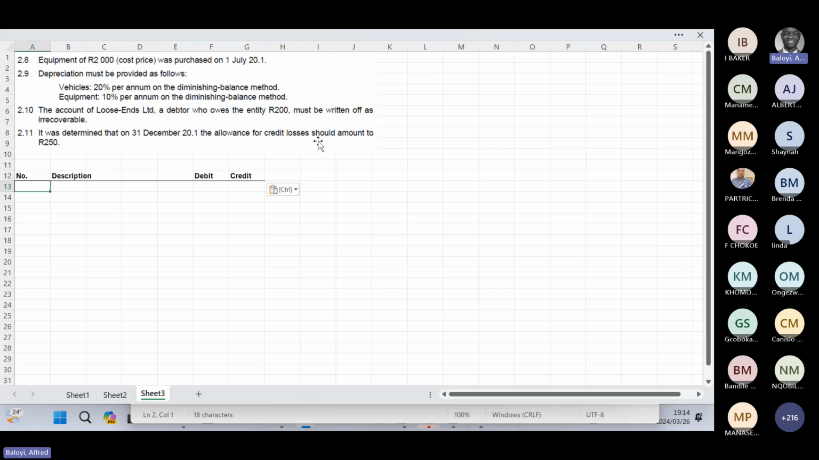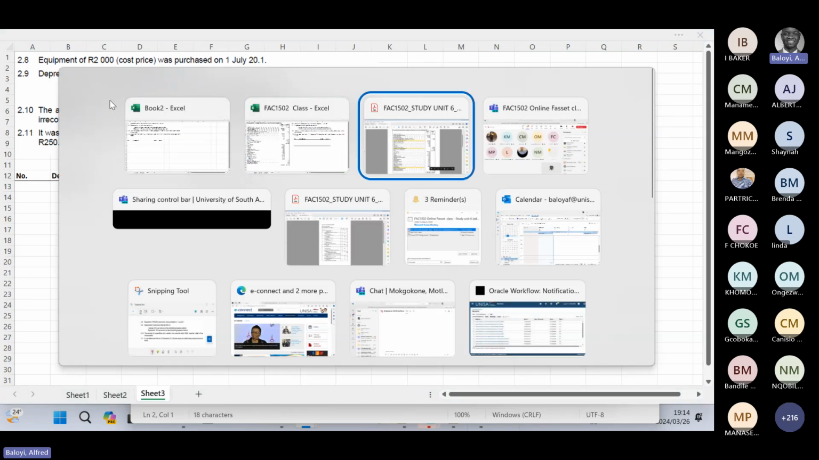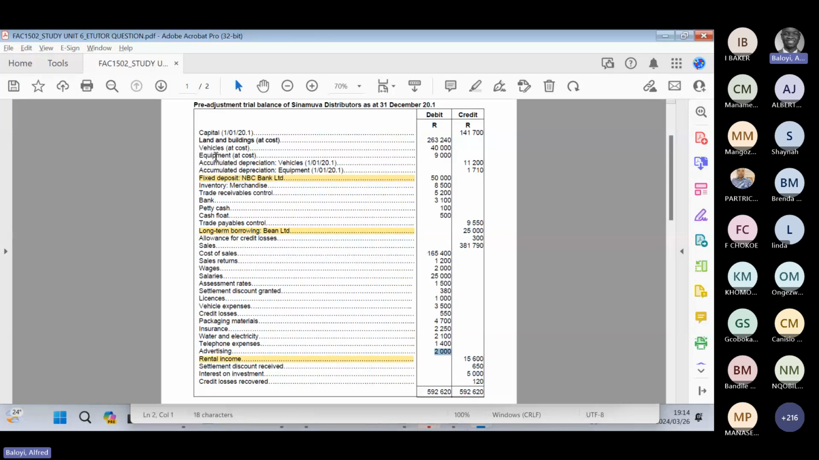2.8, it's an equipment of 2000 was purchased on 1 July 20.1. So in this adjustment, what they're trying to tell us is going to be very important for 2.9. There's no adjustment here. If you look at your trial balance, they are telling us that in this 9,000, there's